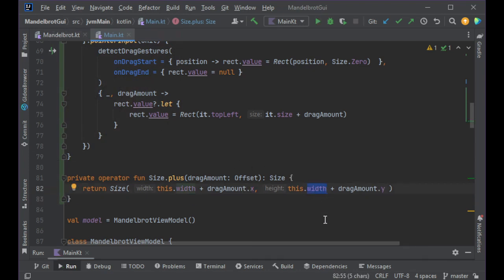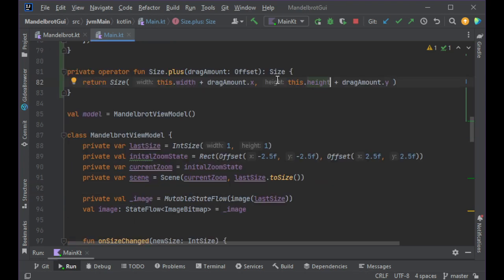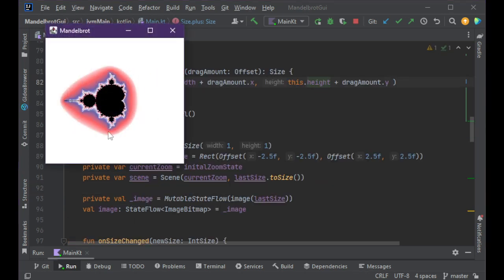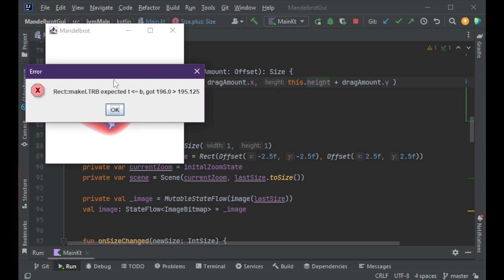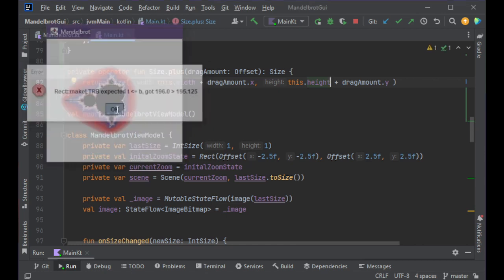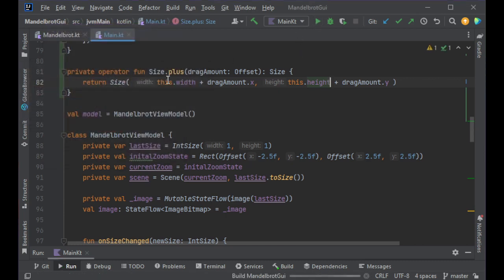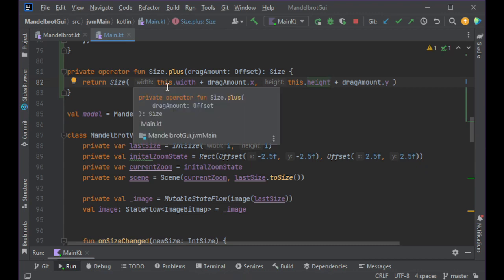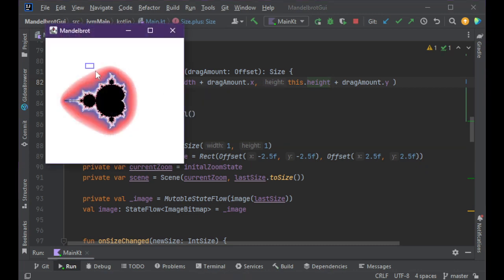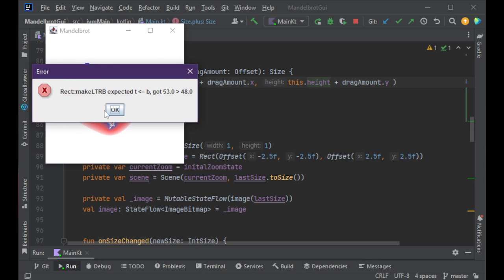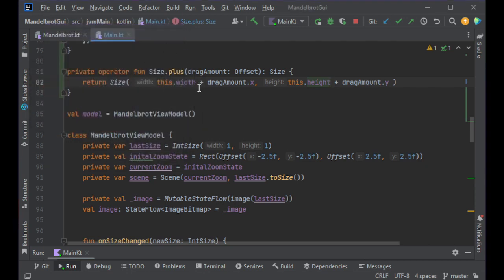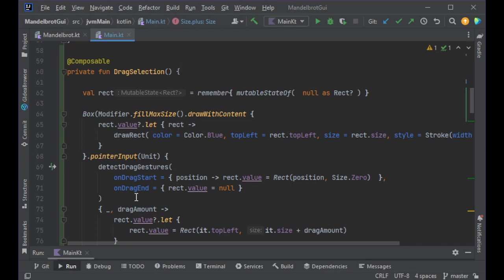This should of course be height. And here we get an error because I was dragging. If I drag down or right, it works, but as soon as I go up or left, we get an exception because we can't render a rectangle that is smaller or negative. So to fix that, let's